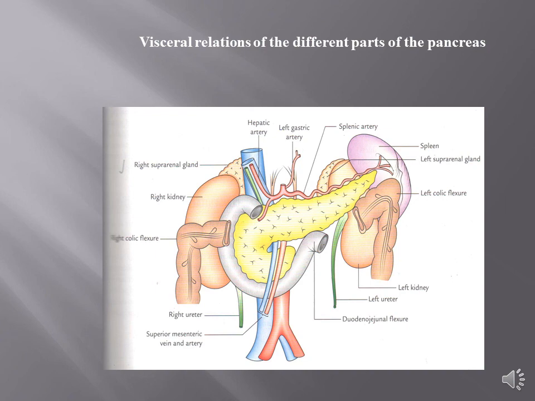So what is this? This splenic artery is related with the superior border of the body of pancreas. And we can appreciate the left kidney, left suprarenal gland, and the left colic flexure. The transverse colon can also be seen, which is related with the anterior surface of the body and also with the head of the pancreas. So these are the certain relations of pancreas.